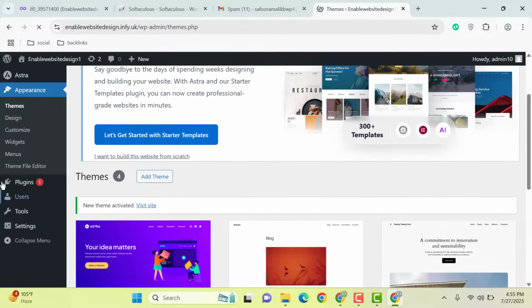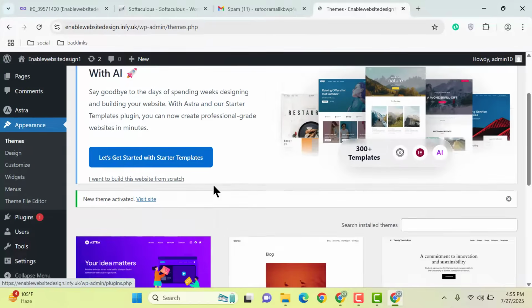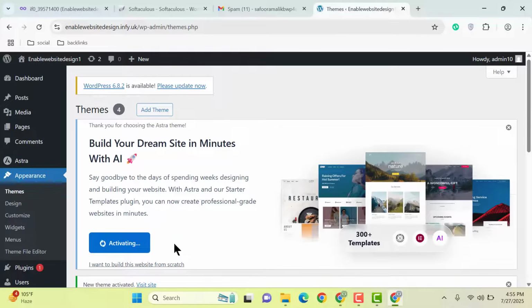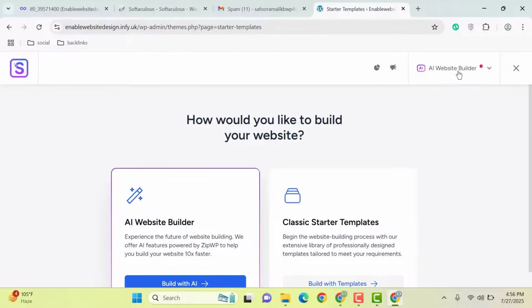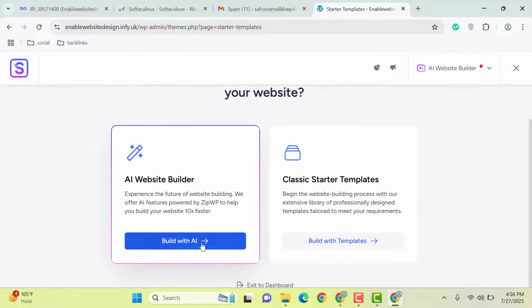Now you need to install one of the plugins. You can go in plugin sections. You can also go from here. Let's go with starter templates, and here you can select the website builder. So you can use block editor, Elementor page builder as well as AI website builder. Then click build with AI,